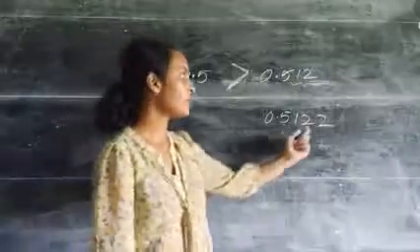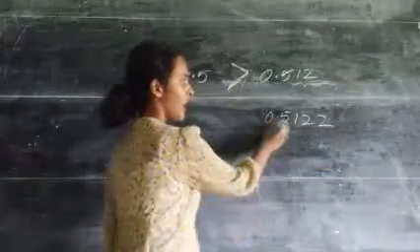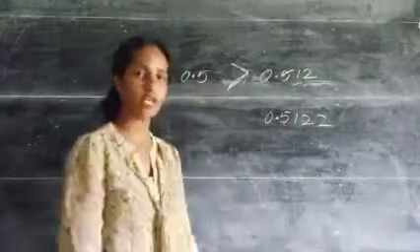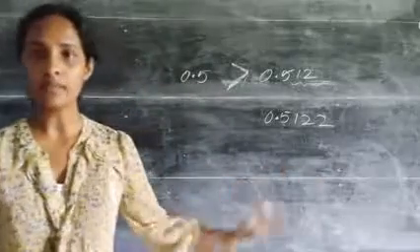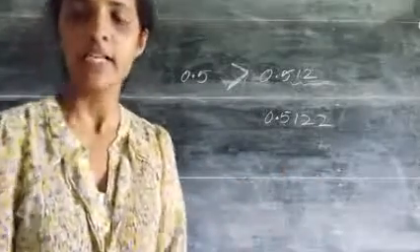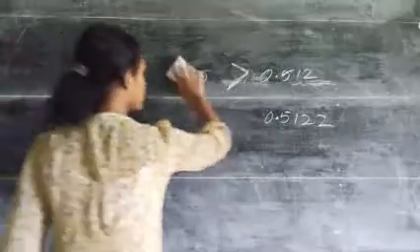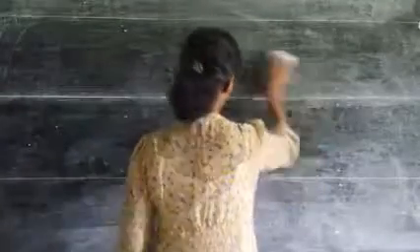Which means the more numbers that I keep adding here after the decimal point, the more its value becomes lesser and lesser, right? So now, the next general thing that you need to know is,